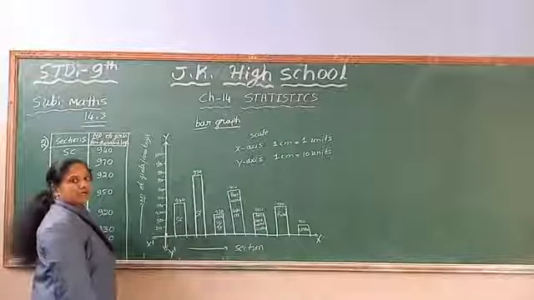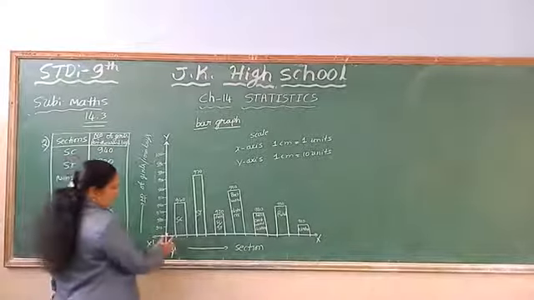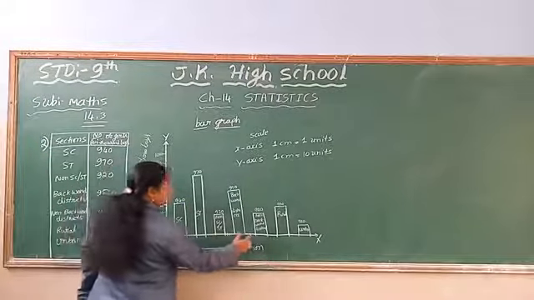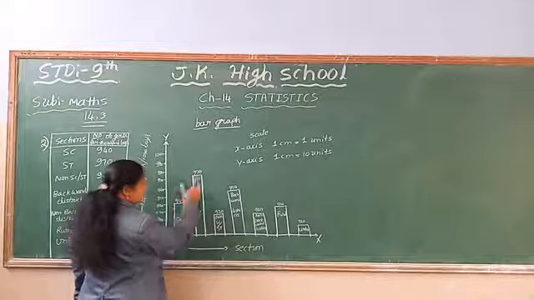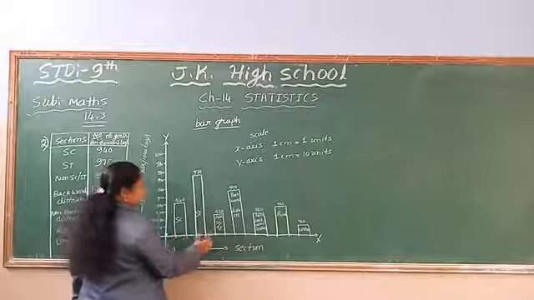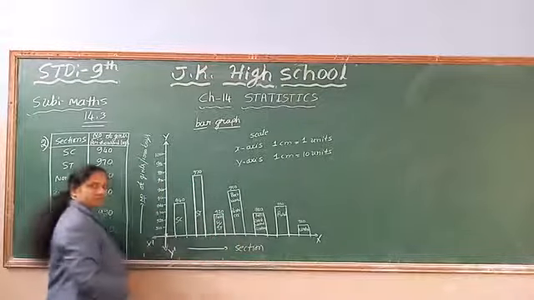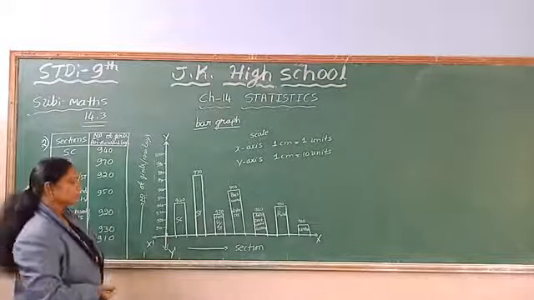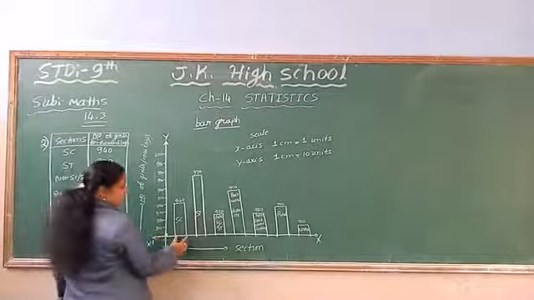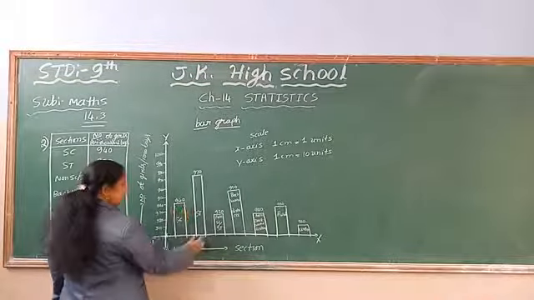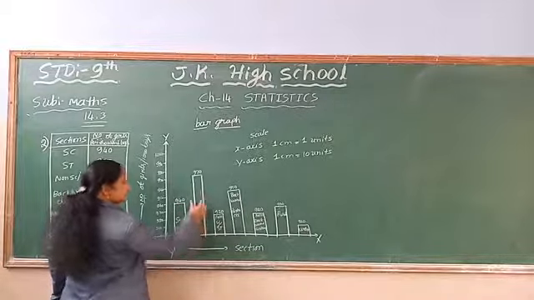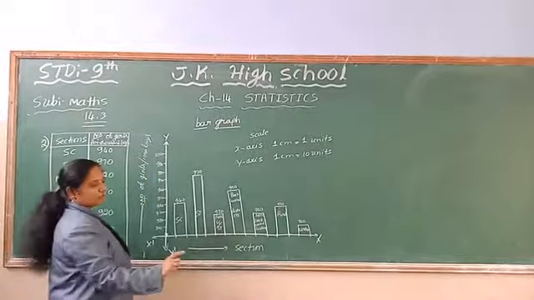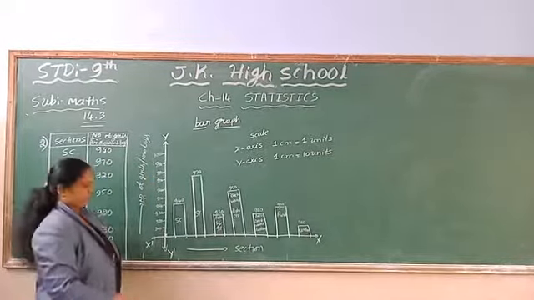Then bar graph means the gap between the bars should be the same, and the bars should be of equal width. Because of this reason, this graph is called a bar graph. Now, leaving 1 cm, this much width is taken for SC, and leaving 1 cm once again, the 1 cm width is taken for another bar. The same gap and the same width between all the bars.